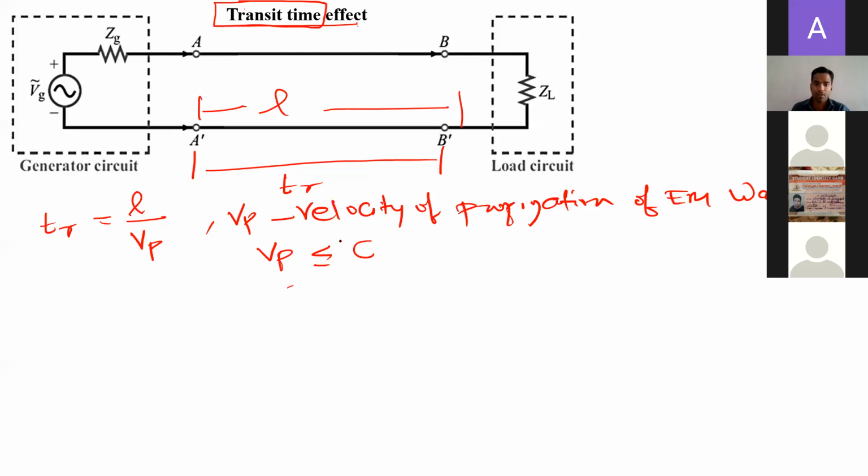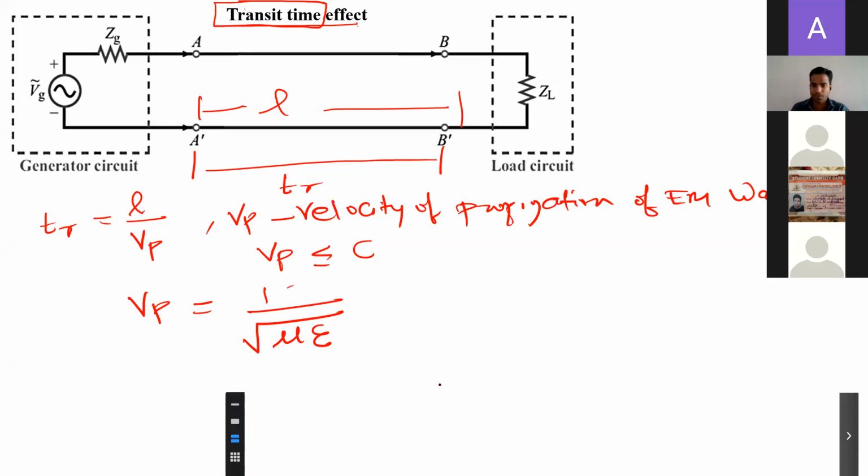Vinit sir also explained to you the basic idea of permittivity and permeability, and from your earlier basic physics you must have seen this equation. Vp is 1 upon root of mu into epsilon, right? Does anyone remember this, or no? Tell me. You can reply quickly so that you don't waste time.